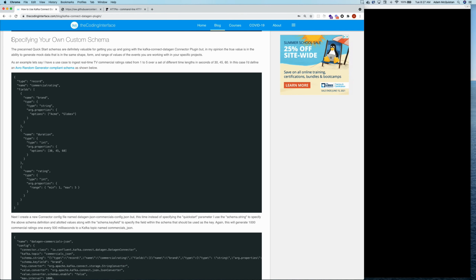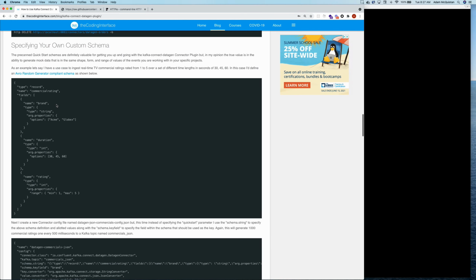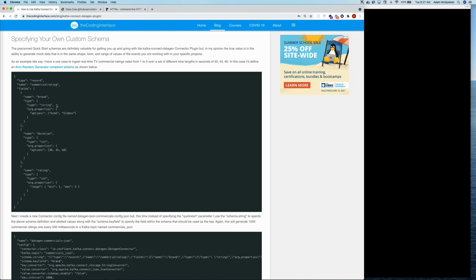This next section in the blog walks through what exactly I just said: making your own customized schema for the Datagen plugin so you can have more specific example data for whatever you want to work with or experiment with. In my case, I'm going to make a simple, silly little movie rating example for two different movie theaters, Acme and Globex,